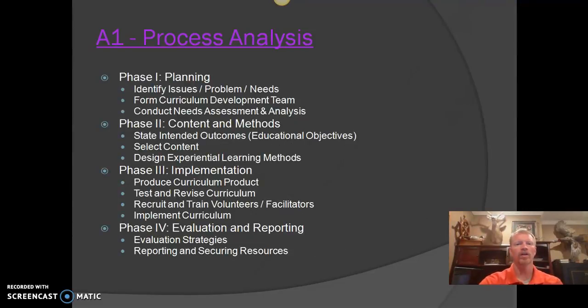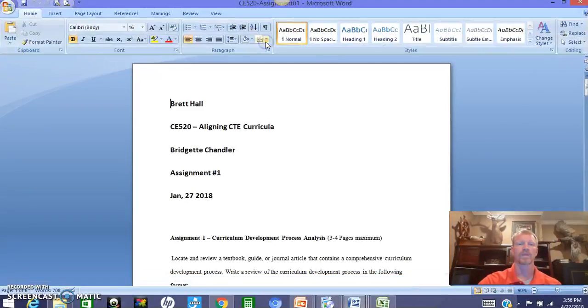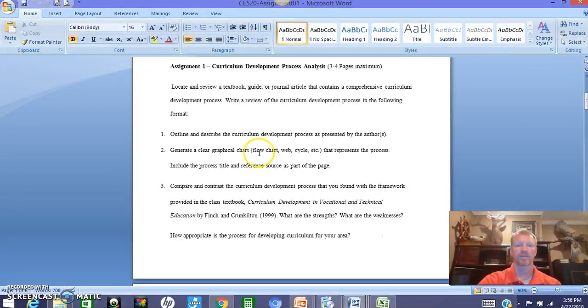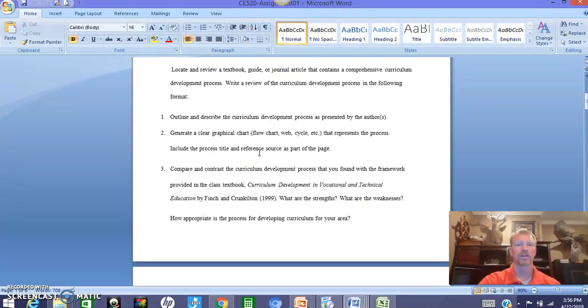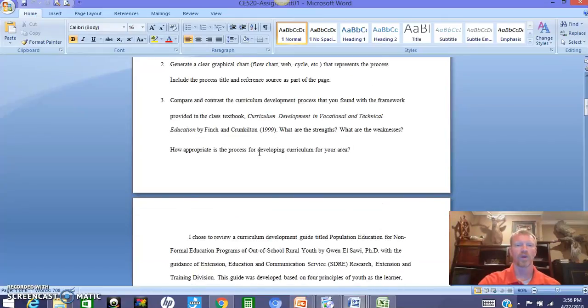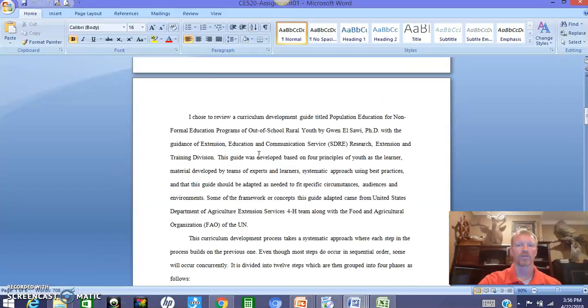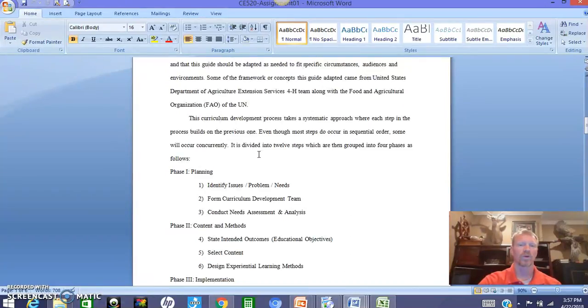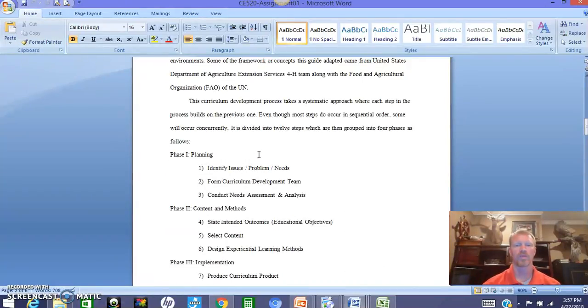So for the first part of the process analysis, I laid it out into the phases of planning, content, method, implementation, and evaluation and reporting. For that, I looked at the outline, generating a clear graphical chart, and comparing and contrasting the different curriculum development processes. And the process that I chose that best aligned with the curriculum that I thought we would need, which is a little bit of